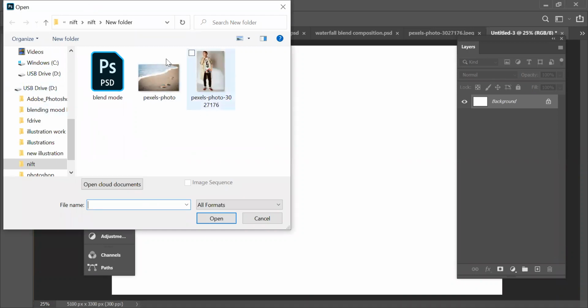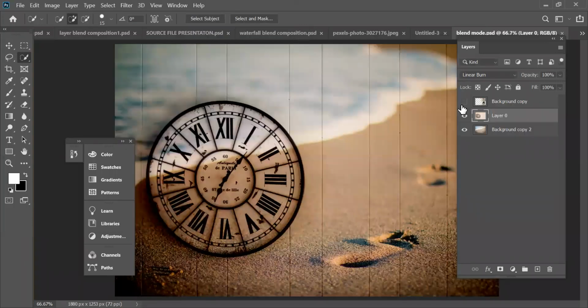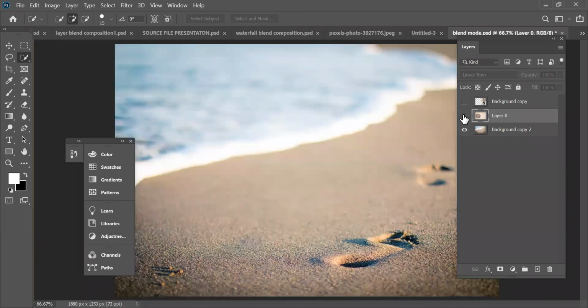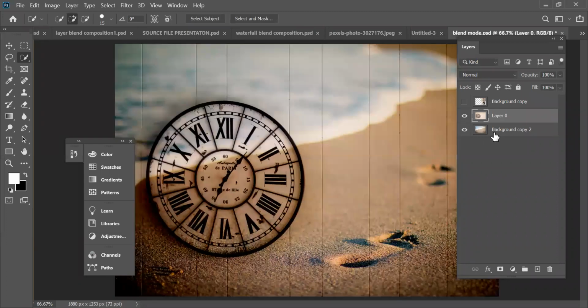Okay, another thing I want to show you before explaining the mood board to you guys. Basically I have these two photographs placed on this area.